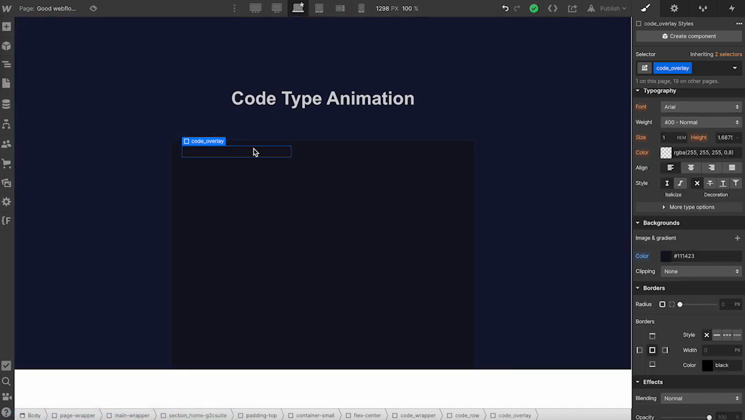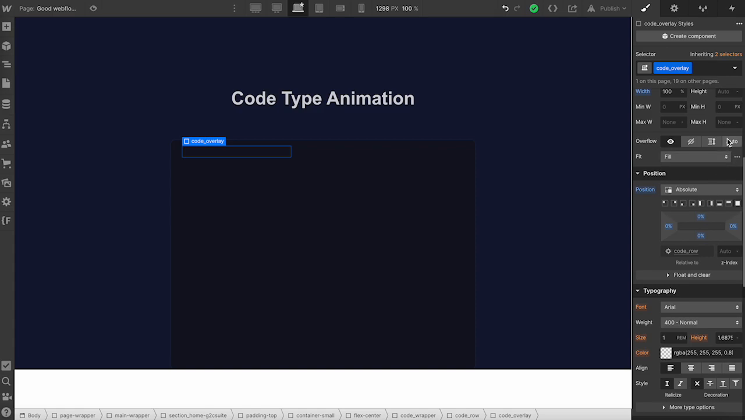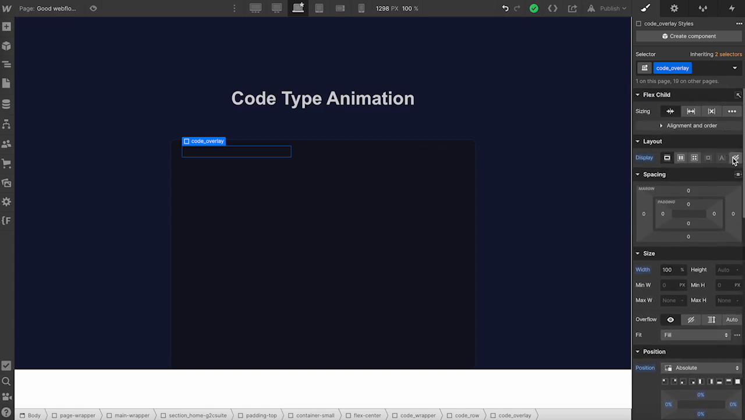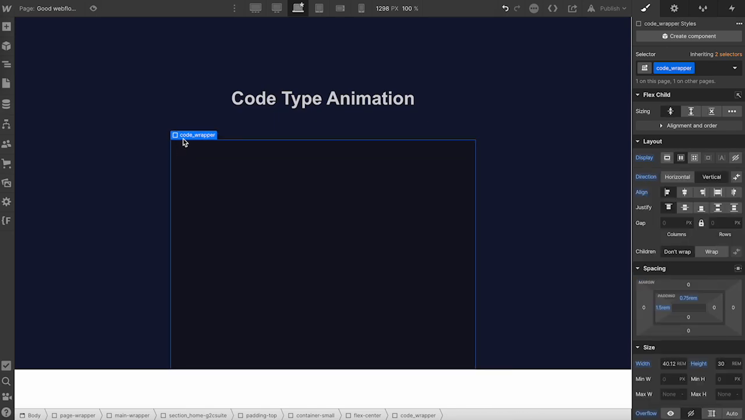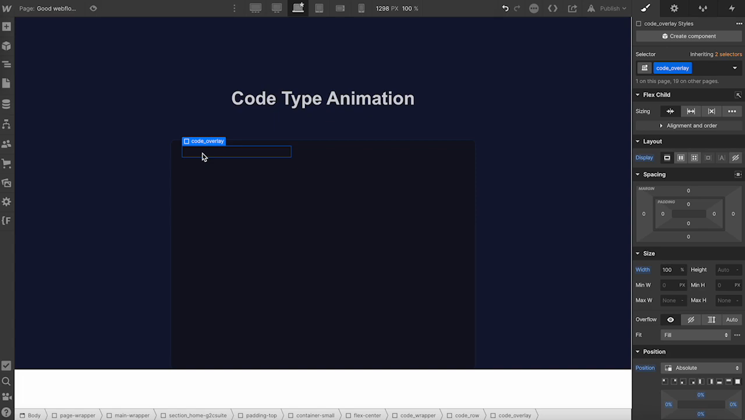So what we're trying to do here is make this look as if the text is starting to appear. So if this piece of code, this div block, is just above, and we can display it, show it like that, we can play around with what we're trying to do. So if you think that this is going to be the trigger, the code wrapper, and we're targeting this overlay,